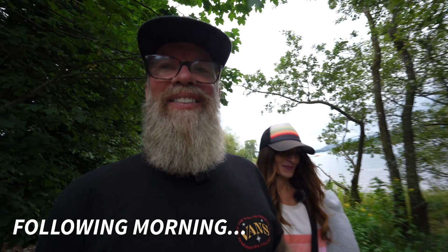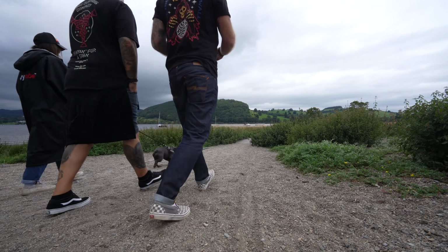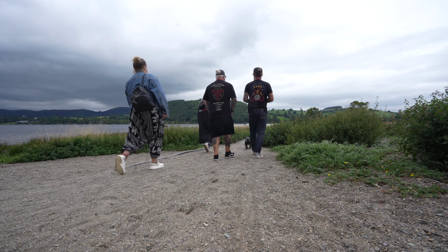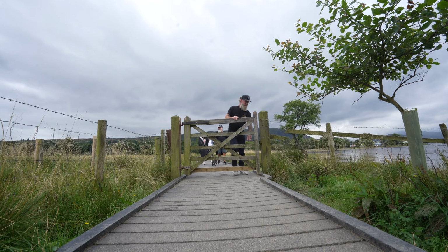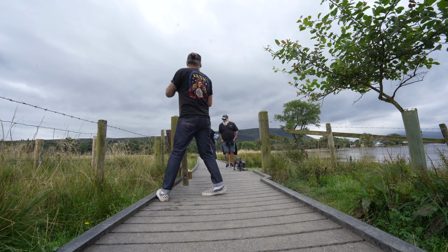Just while we're walking into the nearest village, Pooley Bridge. Sounds like something out of a children's TV show, doesn't it? Pooley Bridge. Update on last night, that blasted gazebo thing that's meant to be waterproof and all singing and dancing,